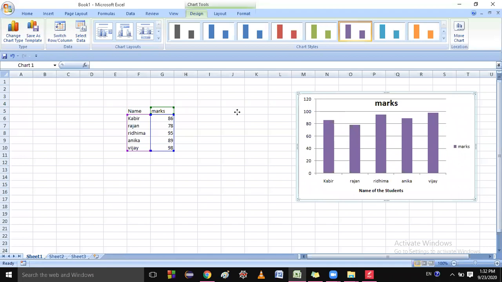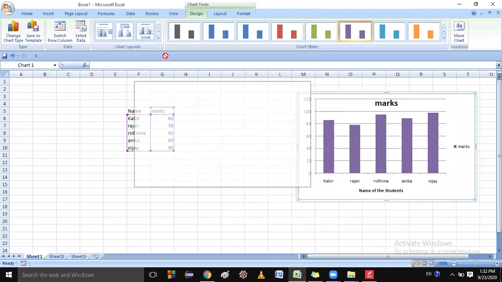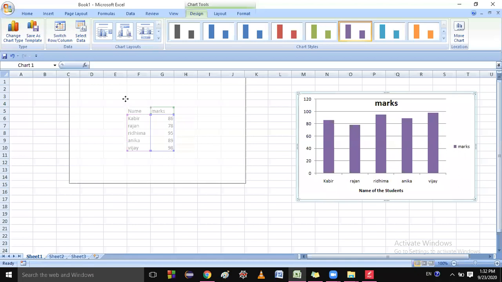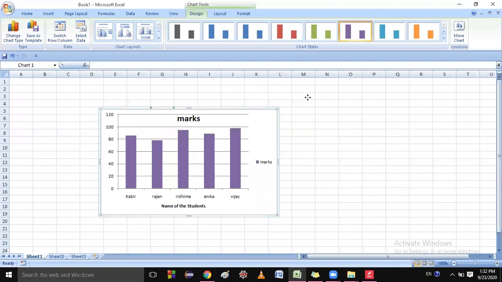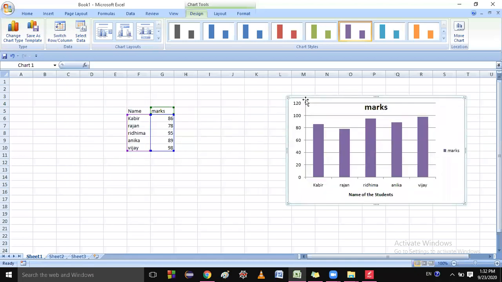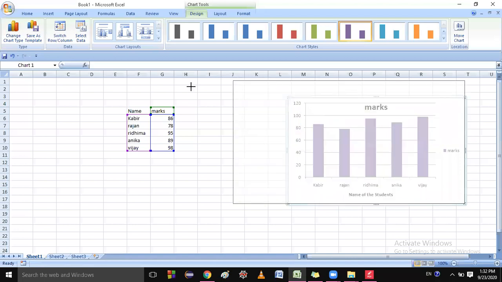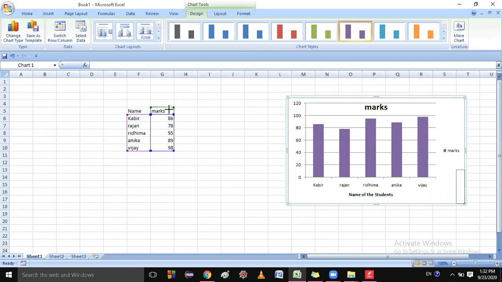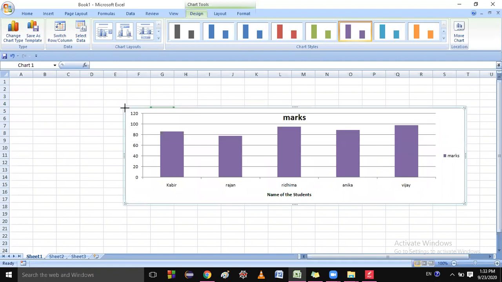Just press and move the chart. You can move it anywhere. Are you able to understand what I'm saying? To resize the chart, go to the corner and just resize it. You can make it big or small, like this. Clear?